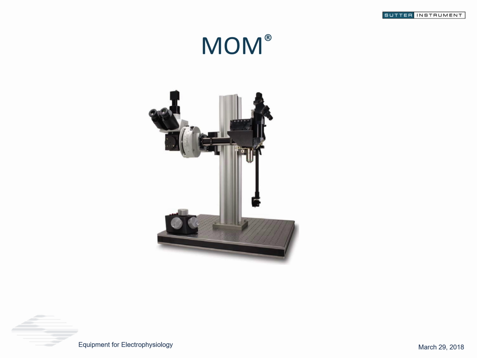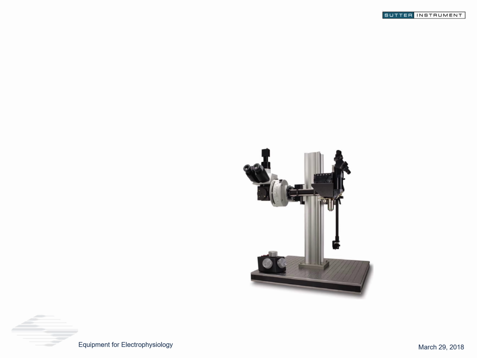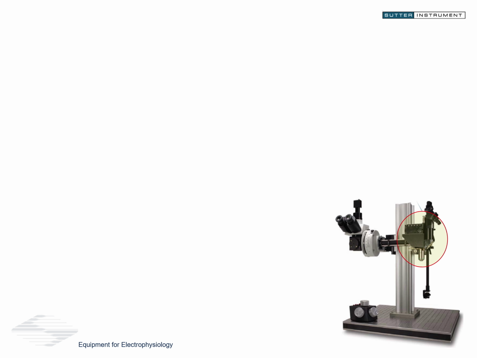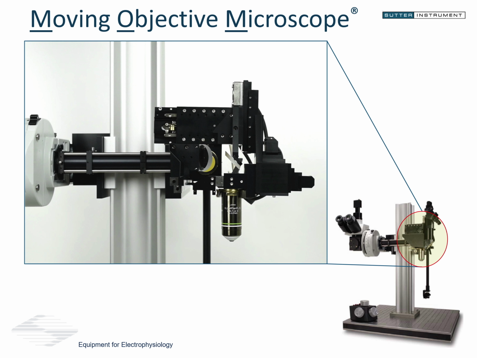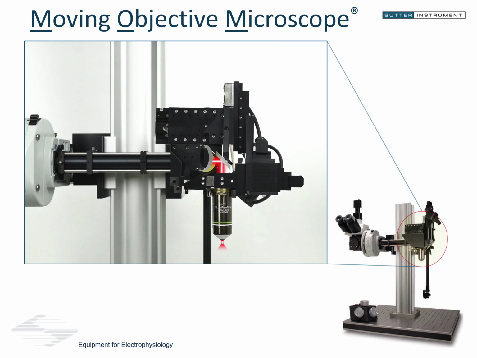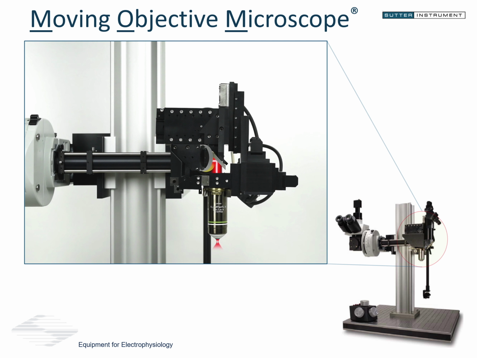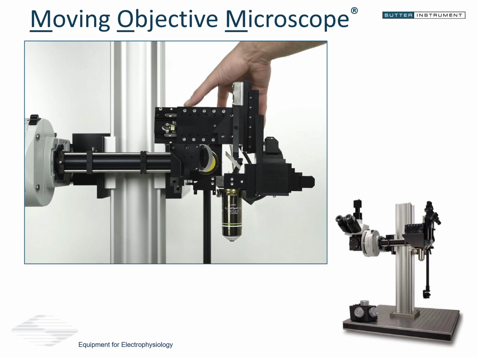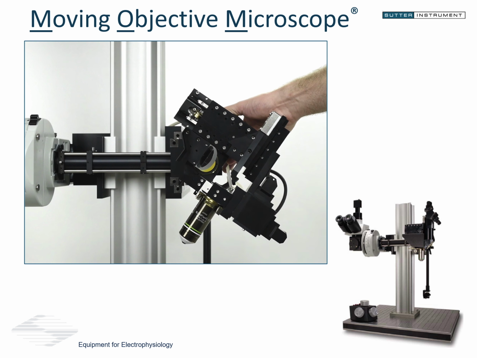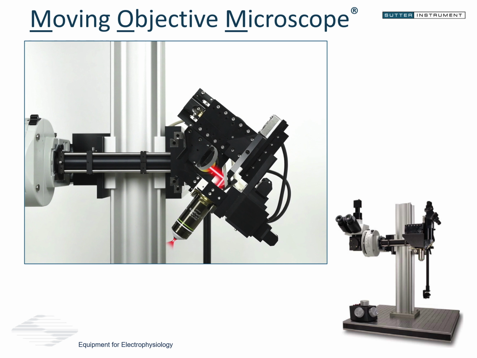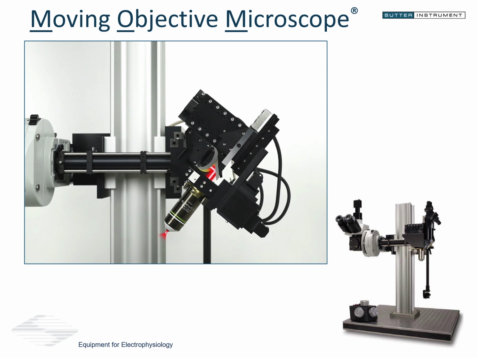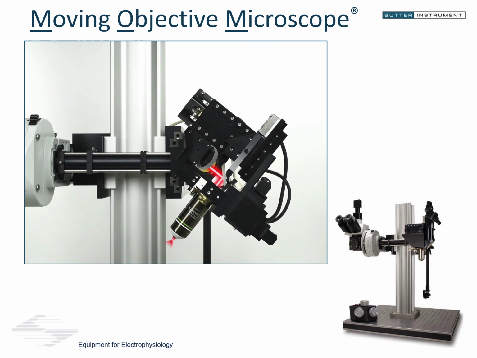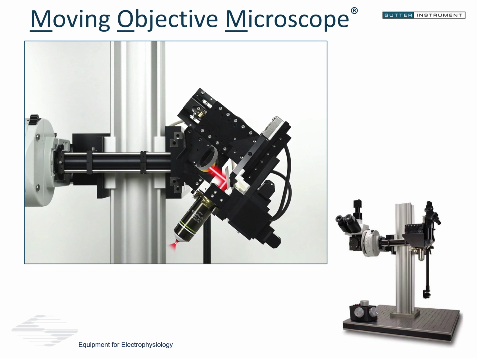So why is it called a MOM? Well, if we take a closer look at the head of the microscope, we'll discover that it is a moving objective microscope. So that means that the head of the microscope is actually mounted on manipulator rails so that it can move. Additionally, the microscope is mounted on its optical axis so that it can actually rotate around the optical axis. This is quite useful for experiments that involve animals where the objective may be better approaching a sample at an angle as opposed to straight up and down.